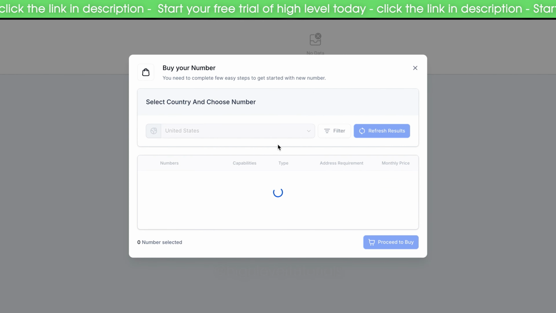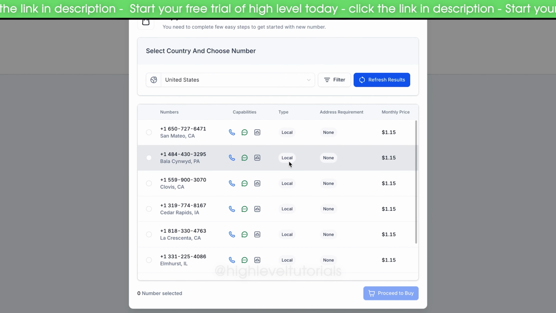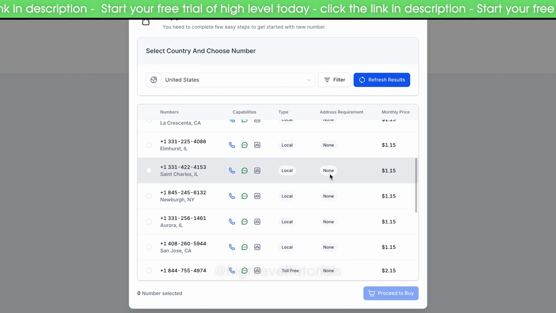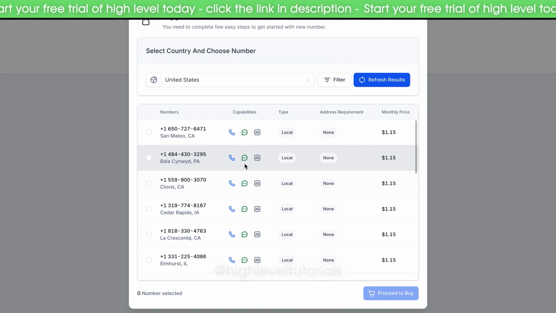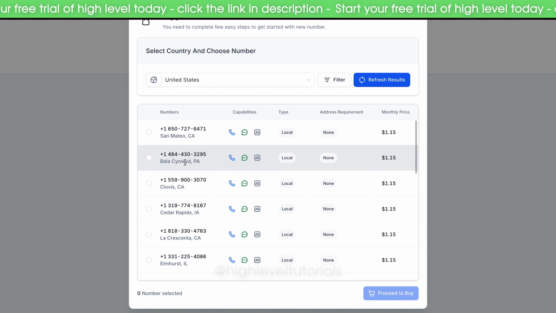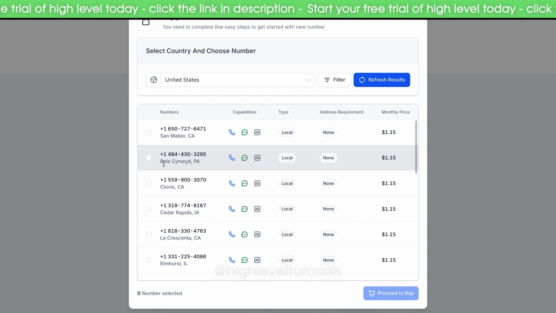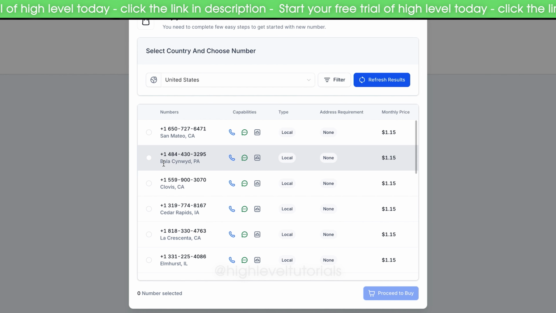In this case, let's select United States, and we're now going to get a list of phone numbers down below that we can choose from. There are three types of phone numbers that we can choose depending on your location. The first one is local, which will be a local number that is assigned an area of where that number is associated with. So in this case, we have